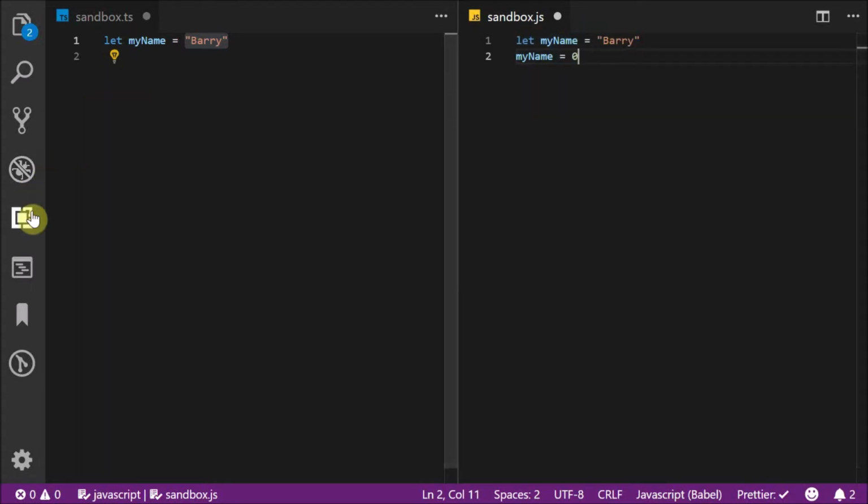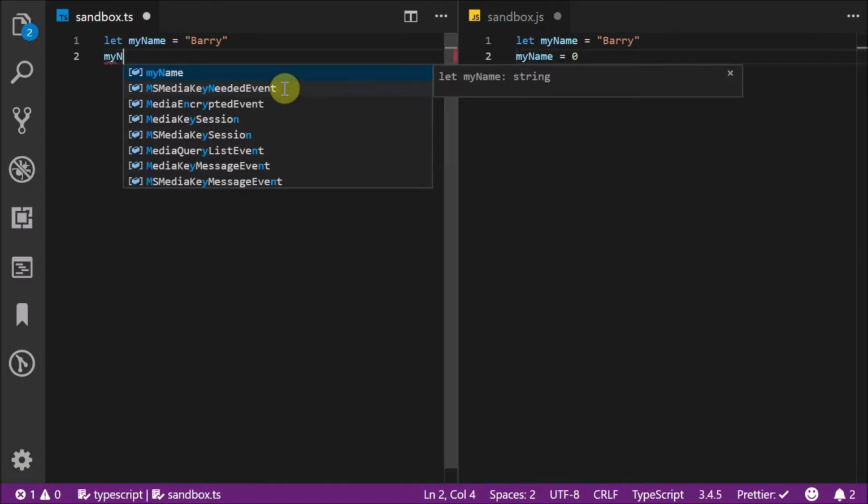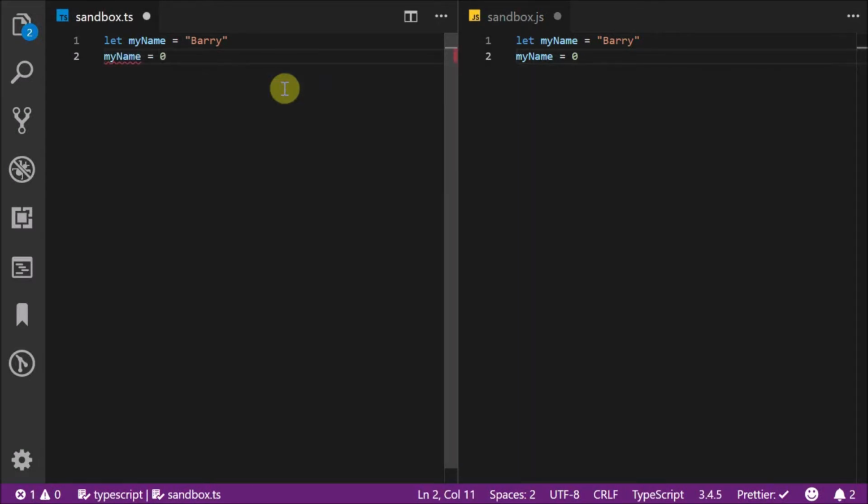I do have a TypeScript plugin somewhere here for VS Code. I don't know if this is a plugin or not, but it seems to be pre-installed. Here we know it's TypeScript, here we know it is JavaScript. So if we try to do the same thing in TypeScript, we said my name equals 0, we get an